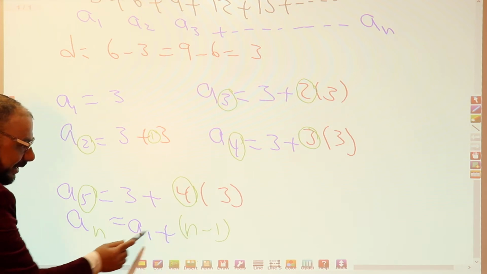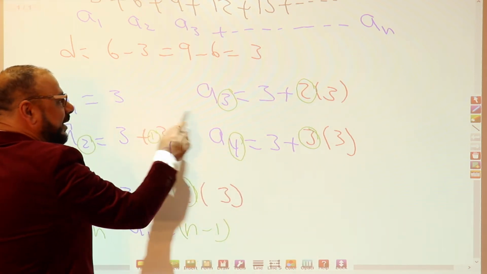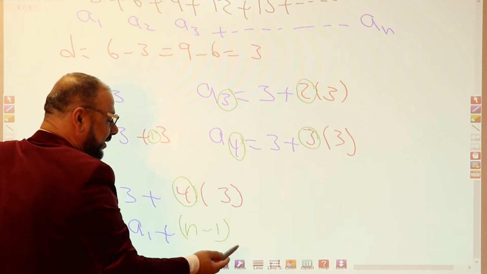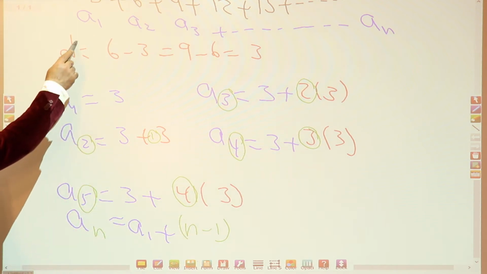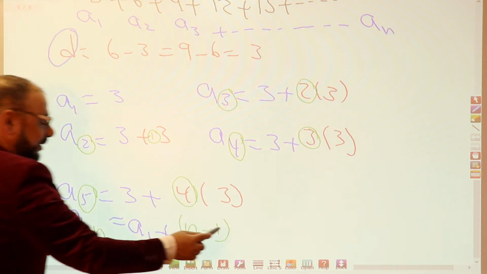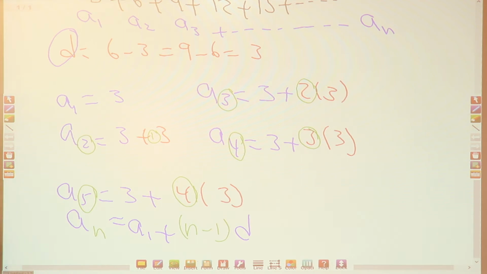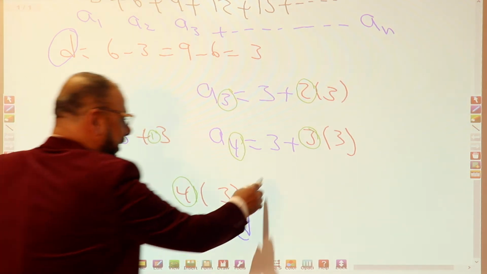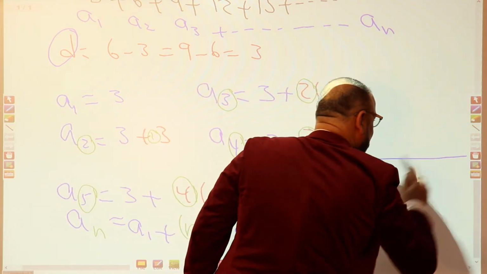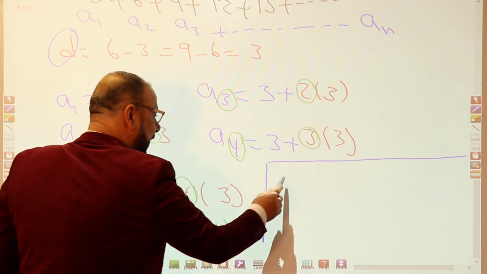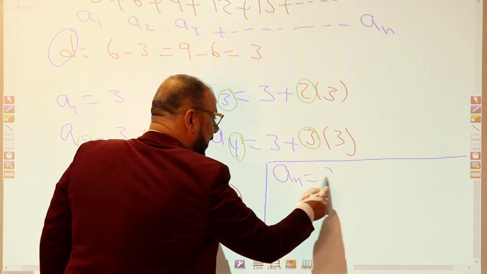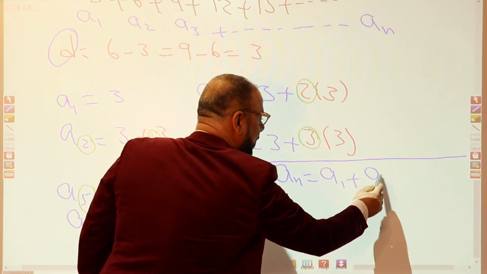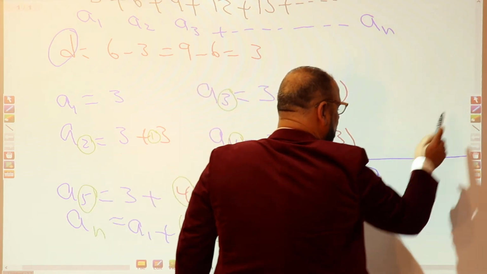If we have n, what's the 3 always? This guy: 3, 3, 3, 3, 3. What's this one? The common difference, D, right? Then this is my formula. My formula to find any term is: a_n equals a_1 plus (n minus 1)